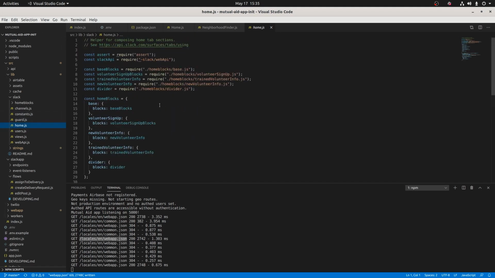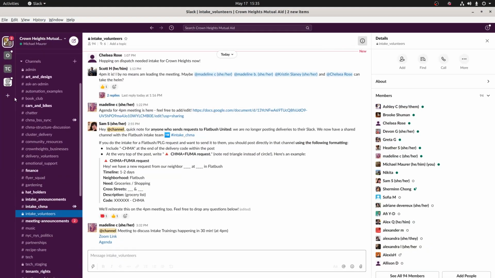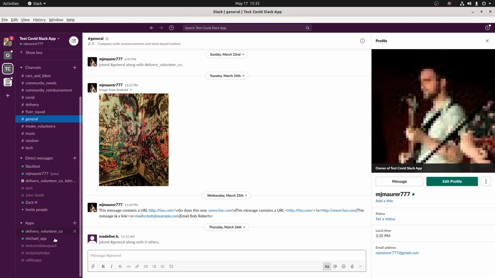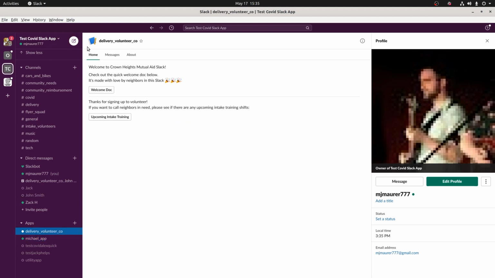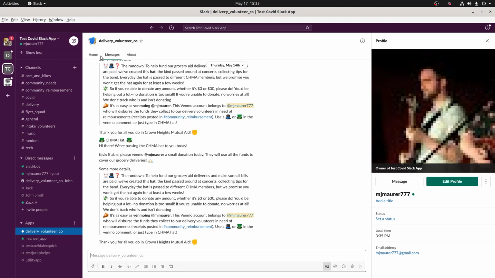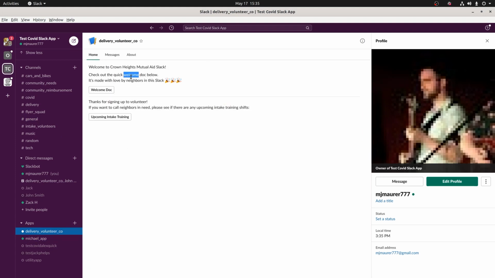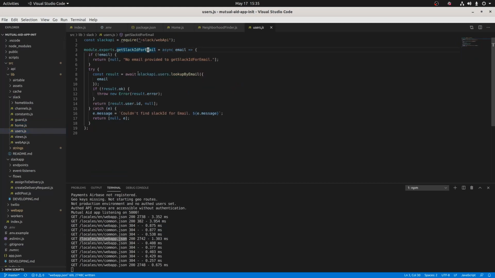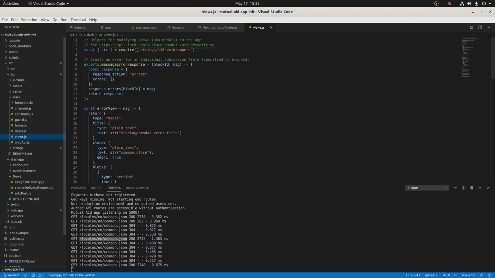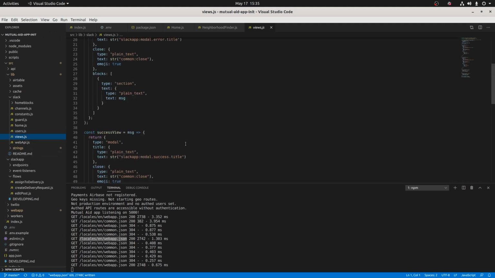Home is this section of the app where if you go down to COVID, I guess, okay, so home is this part. I don't think it's used too much, but if you get a DM, it might be. All right, users, another simple one, get Slack ID for email. Views is